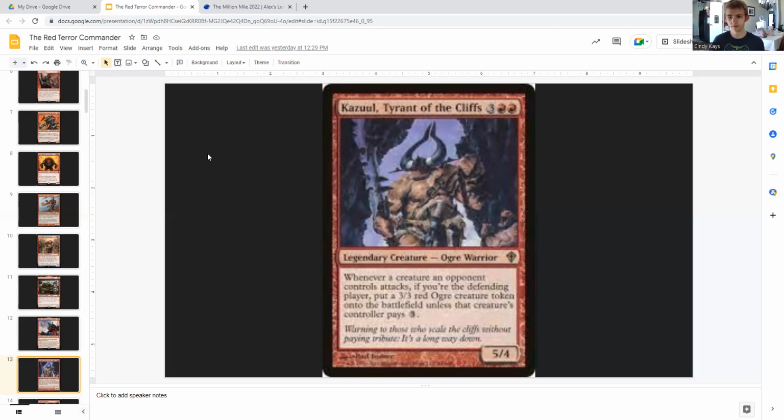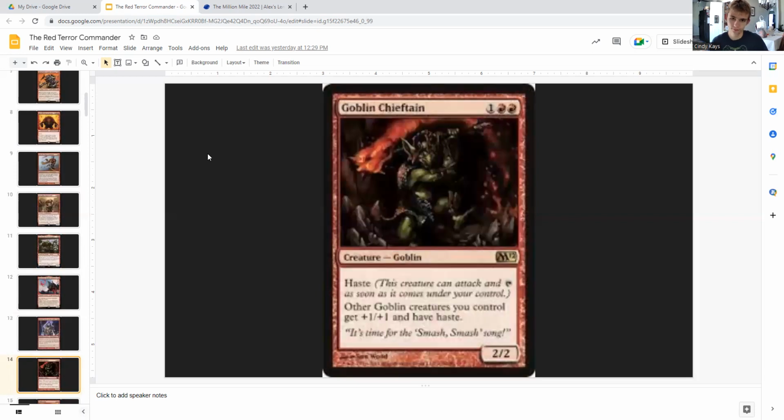kind of tax our opponent if they want to attack us. Because whenever a creature an opponent controls attacks, if we're the defending player, we create a 3/3 unless that creature's controller pays 3 generic. Goblin Chieftain